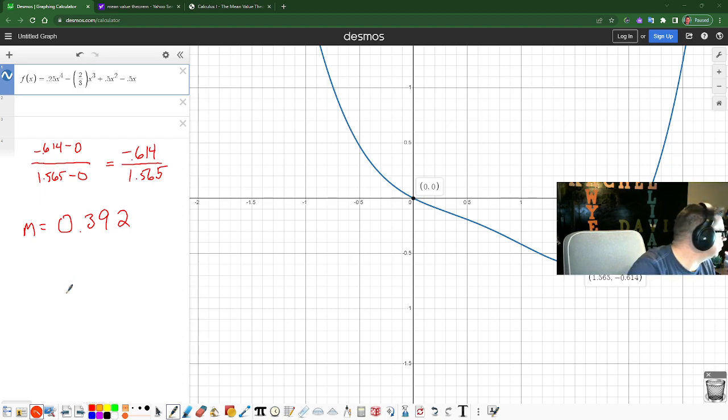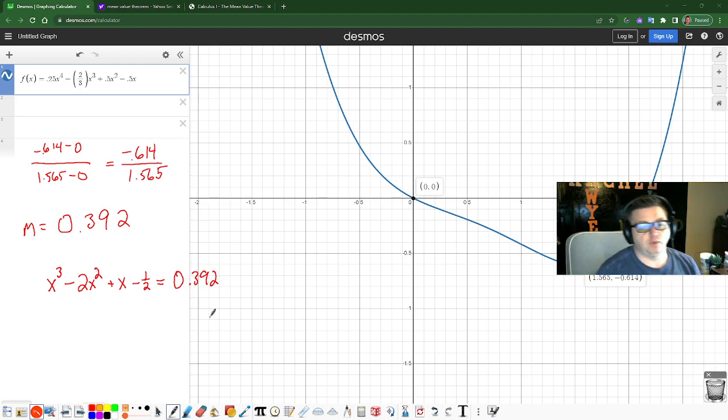All right, so obviously they pick these numbers for a reason: the quarter, the 2/3, the 1/2, and the 1/2. What's going to happen is I'm going to do 4 times 1/4, and that's going to cancel, and I'm going to get x cubed minus 2x squared plus x minus 1/2 equals,